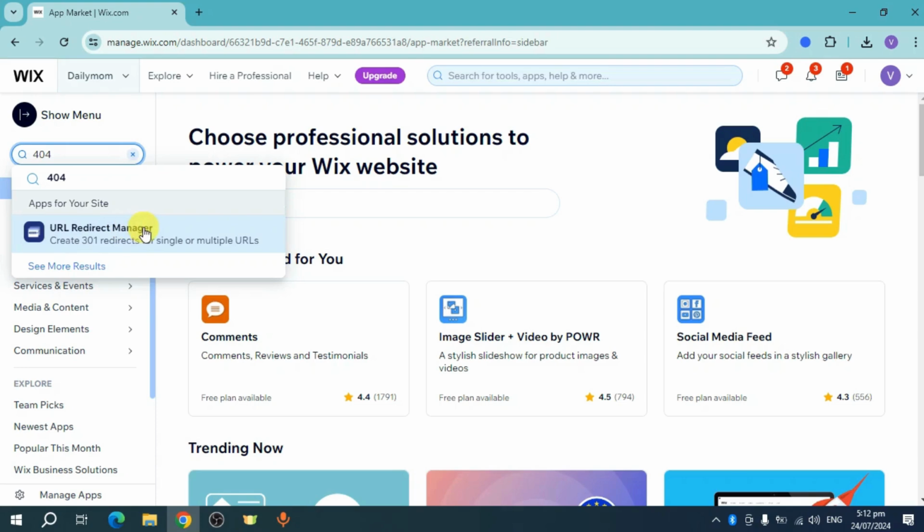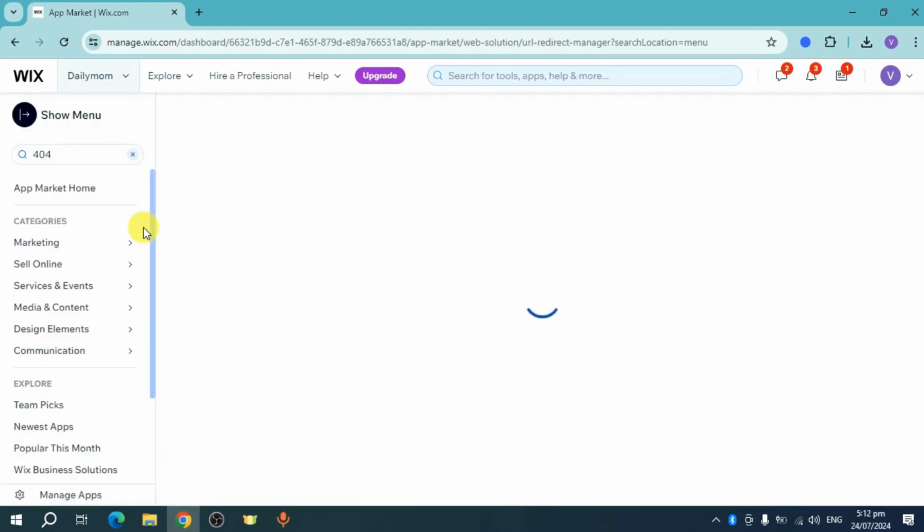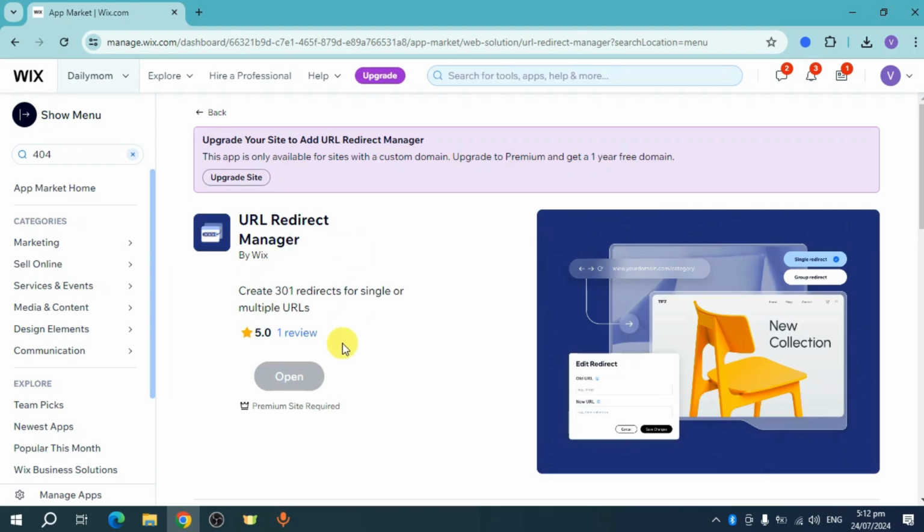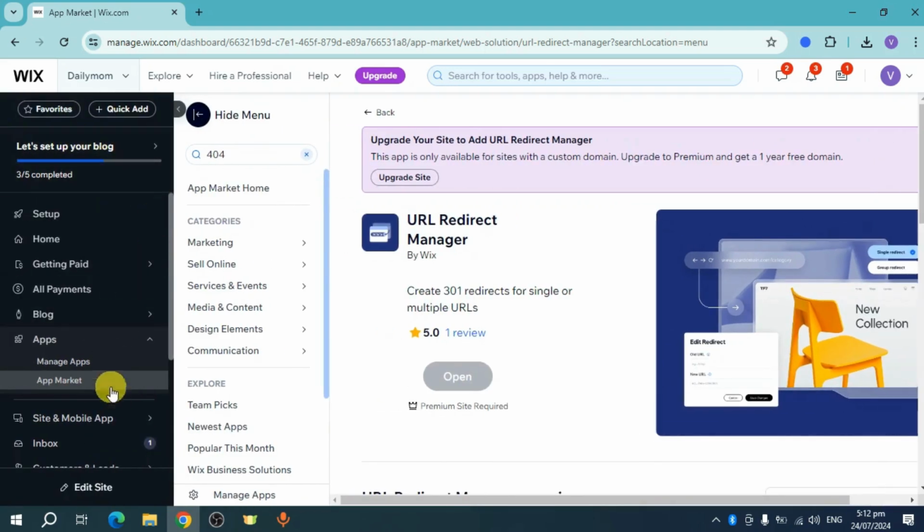Now you can see this URL redirect manager. Click on that. And then from in there, you should be able to see this. So let's head over, and you can actually add this if you have a premium site. So you can head over and then add this to your site using this case. However, once it's been added, you should be able to redirect some broken links into the 404 page you want. So you can also use some other methods as well using the redirect